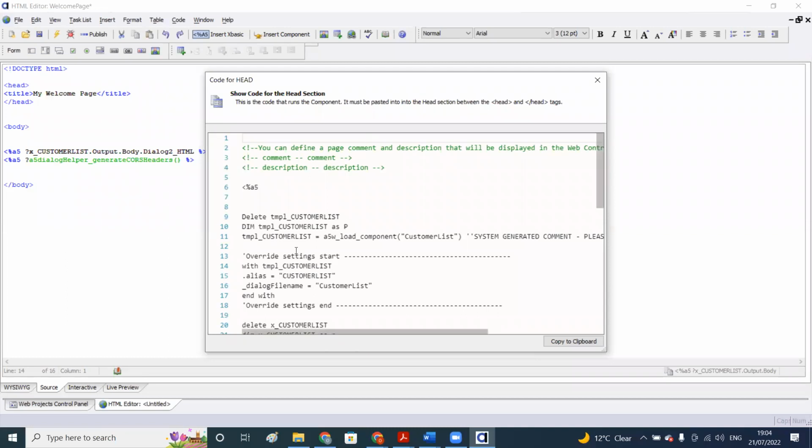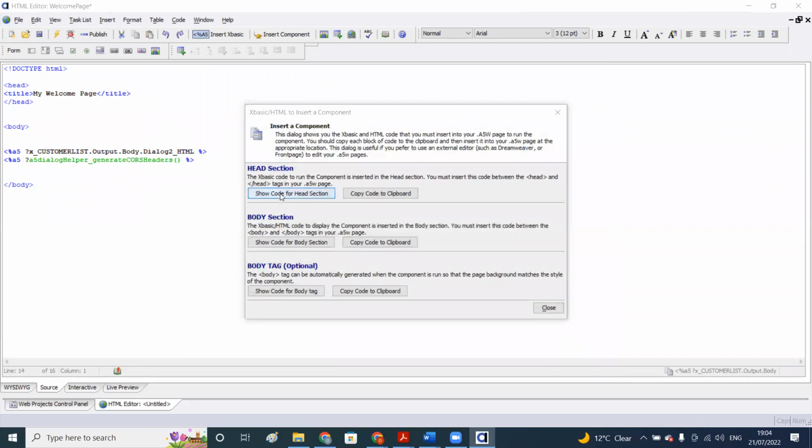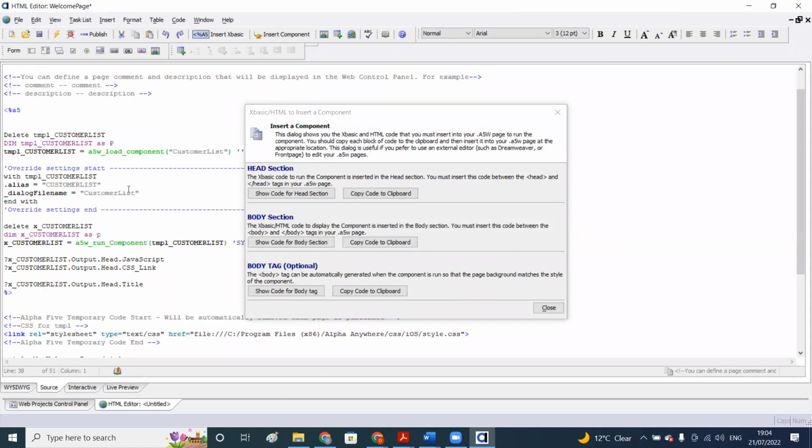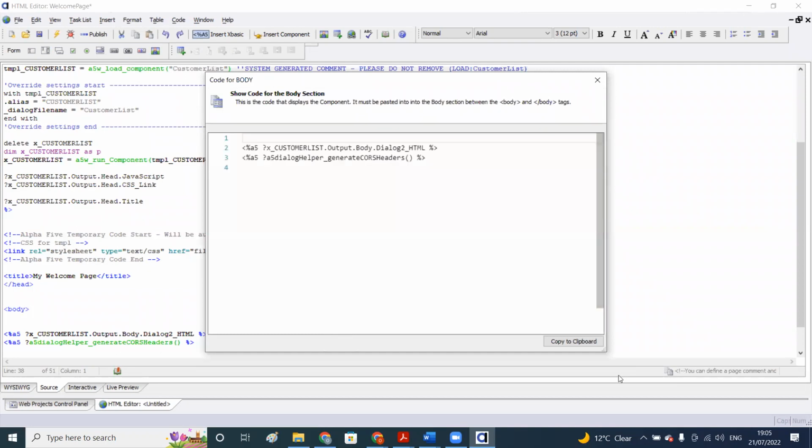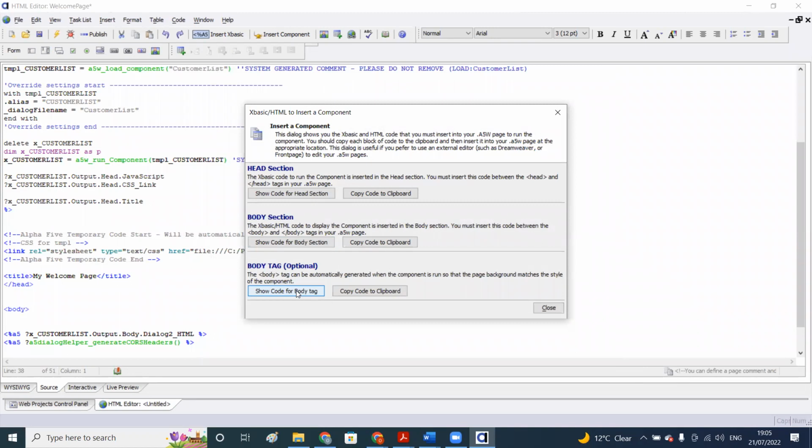Oh, okay. So when using this option, you have to copy and paste code for 3 different sections, starting with the head section. So I'm going to copy the code for the head section and put it right in the head section, right? I'm also going to copy the one for the body section. I copied this earlier. Then I'm also going to copy,